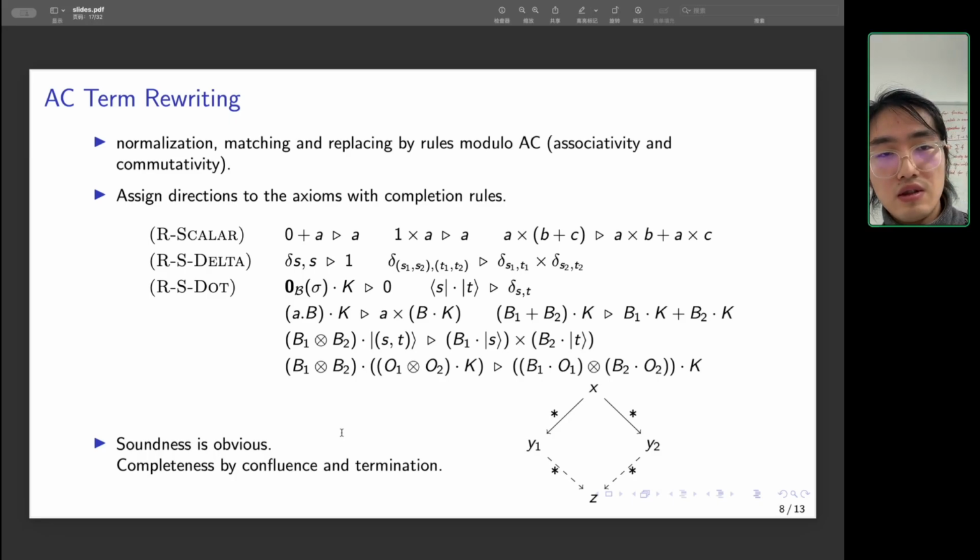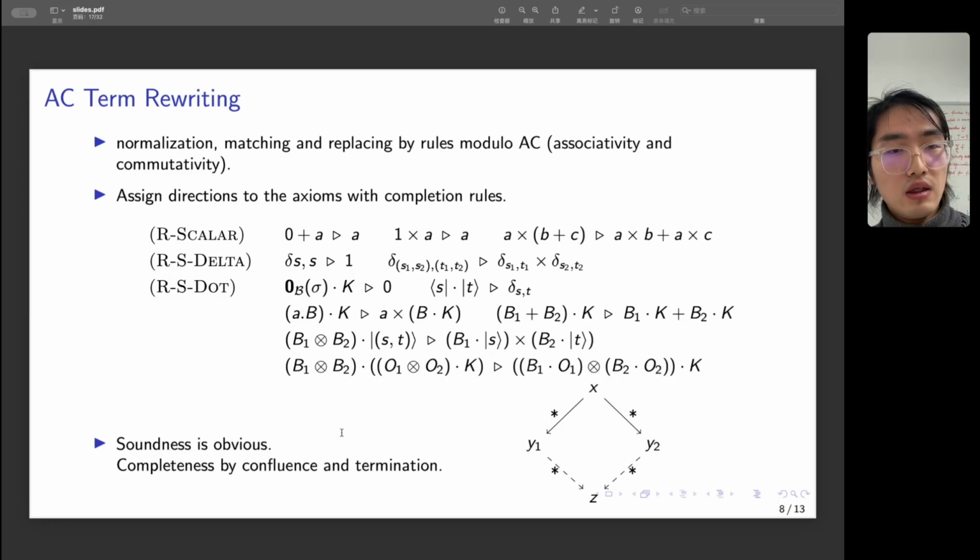The normalization procedure is powered by matching and replacing using a set of rules. We use a special variant of term rewriting called AC term rewriting. AC means we have associativity and commutativity in our axioms, and they cannot be handled using rewrite rules. So they are lifted to the meta level, to the syntax level, and they are considered during matching and the checking of